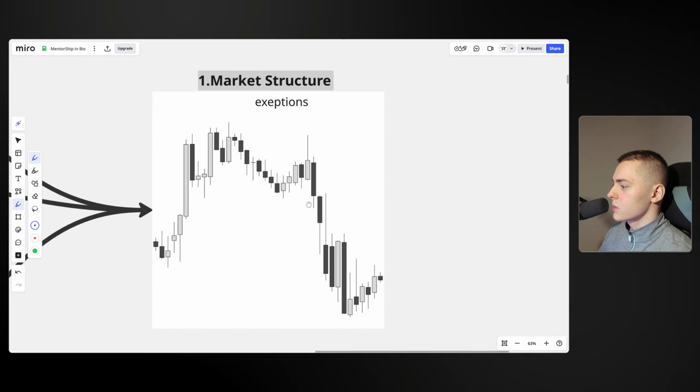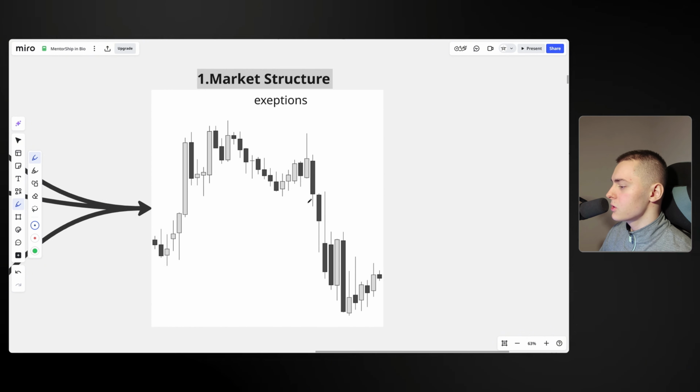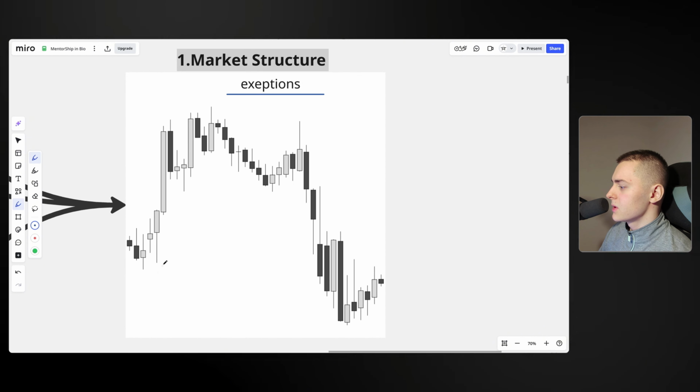Sometimes the market doesn't really go in neither direction. It's not really trending. It's kind of not consolidating, but it's something right in between. It's kind of doing everything at the same time. So the exception is very simple to explain. Now sometimes you have a very big push to the upside, as you can see right in here. This little box is presenting the push to the upside that I was just talking about.